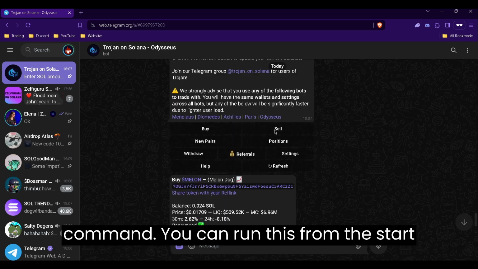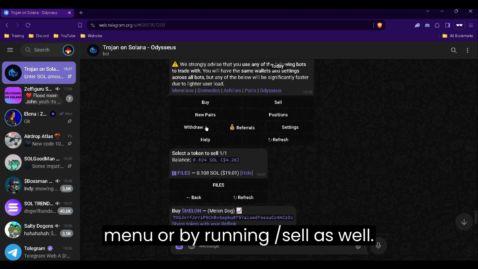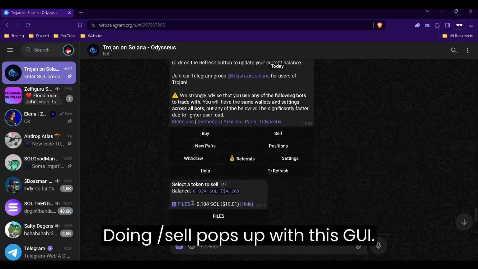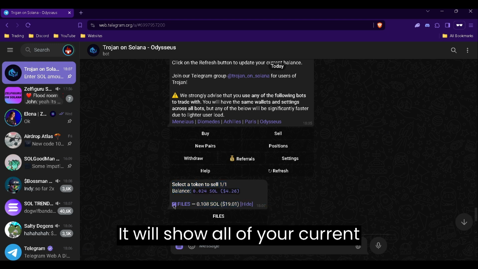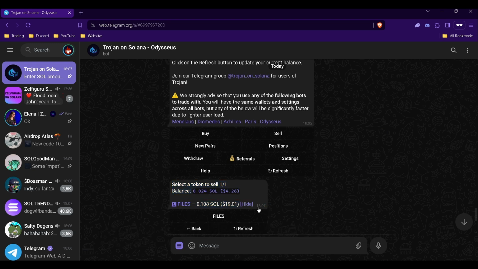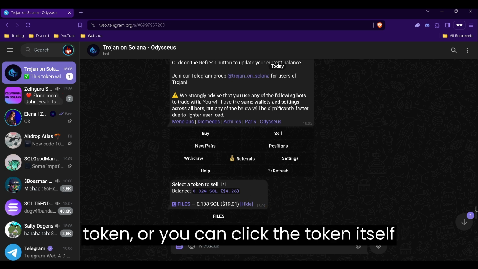Next, the sell command. You can run this from the start menu or by running /sell as well. Doing /sell pops up with this GUI. It will show all of your current positions and your total balance. You can click the hide button to hide the token, or you can click the token itself to go to